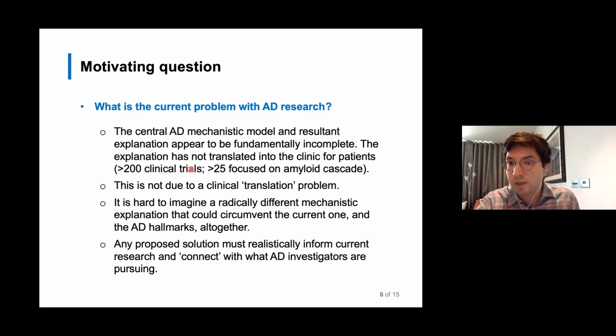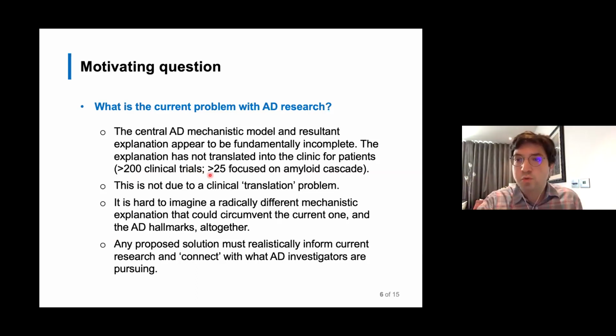panned out. And we have to bear in mind that for a single trial to come to the point that there is enough justification for it to go forward, there has to be enough laboratory and other kinds of evidence for the trial to even begin. 25 is quite a large number.